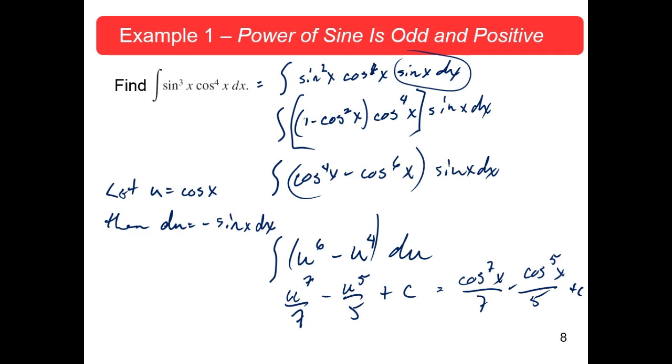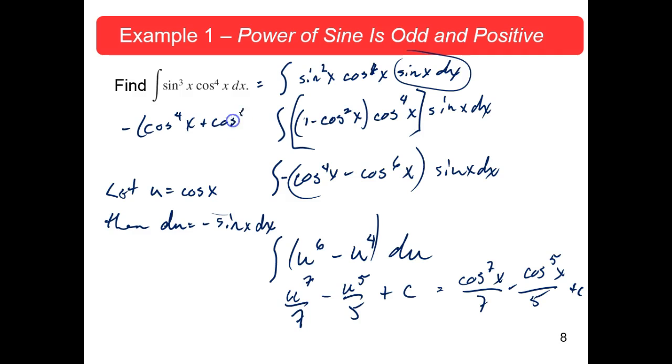When you flipped them, how did it make it positive? How did it make sine x dx positive? When you flipped them? Okay. All right. Try this on for size. Minus, because this is a minus du. I need to get a minus in there. So I'm going to put the minus right here. So minus cosine 4th x